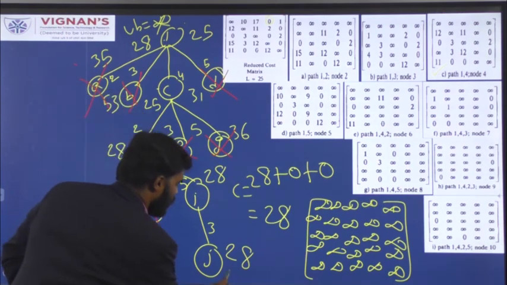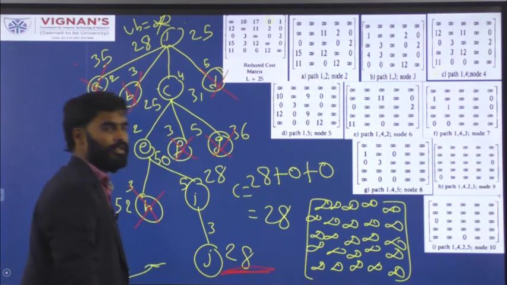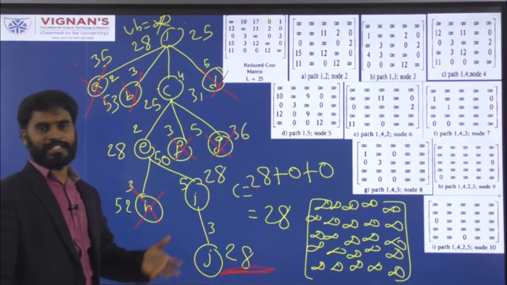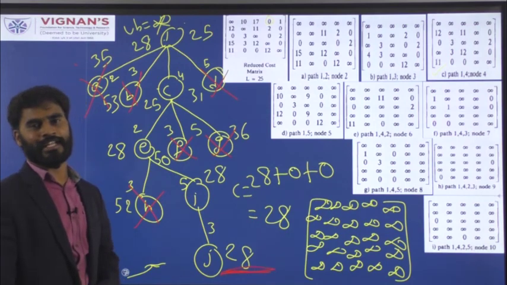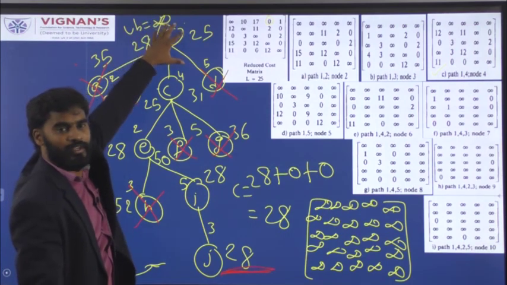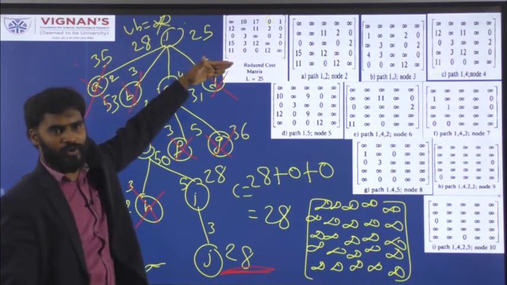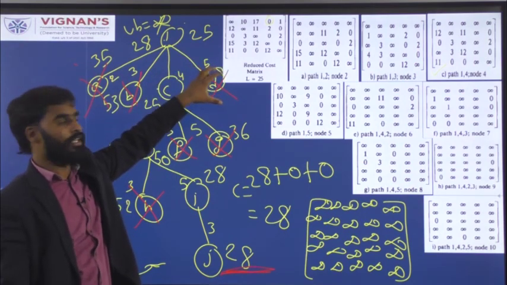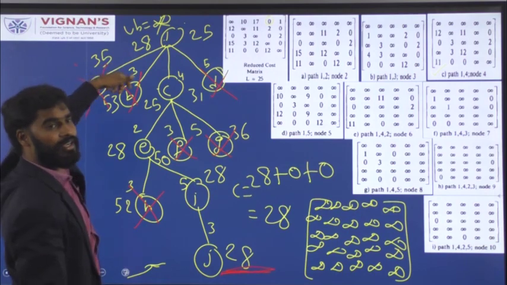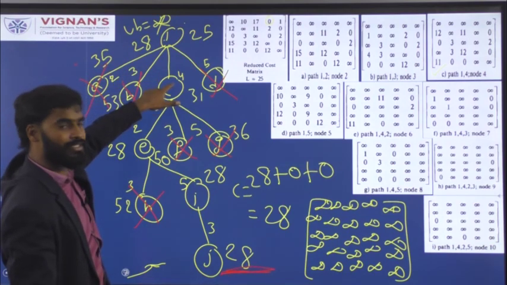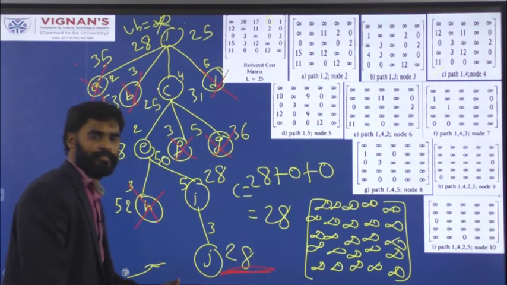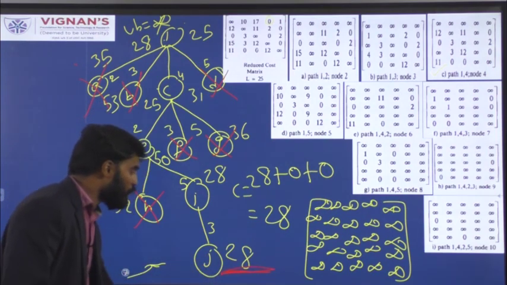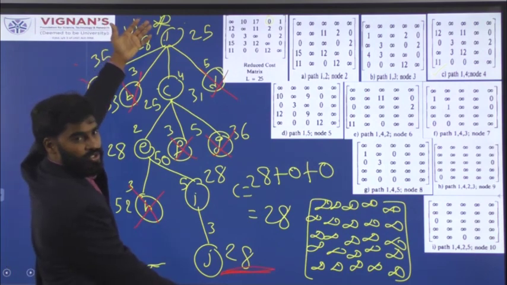So this is your final solution. This is the optimal solution for the traveling salesman for the given problem. This is how you are supposed to construct a solution for the traveling salesman problem. Start with the first node and then expand all the possible nodes. For each node, calculate the cost and then choose the node which has the least cost, and keep doing this until you reach the leaf node. Whenever you reach a leaf node, try to update the upper bound with the leaf node cost.